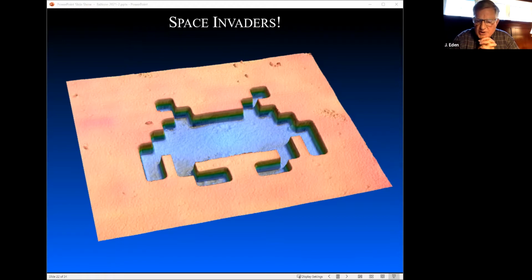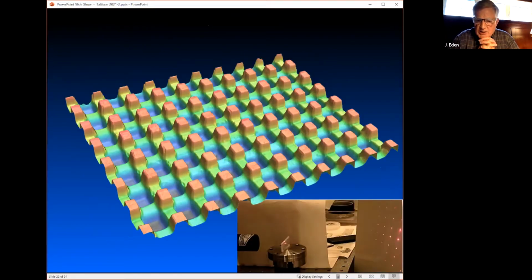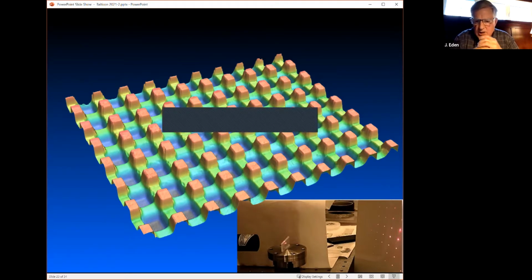Let me show you a couple of others. Let's go to the next slide. This is what is known as an optical grating structure. Again, it's made in the surface of a polymer, and the height from the bottom, the blue regions, to the top in red is only on the order of 600 nanometers. The spacing between these square peaks has been chosen specifically so that it will diffract light.